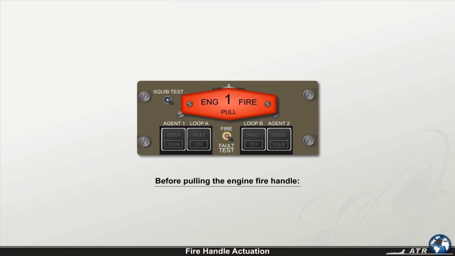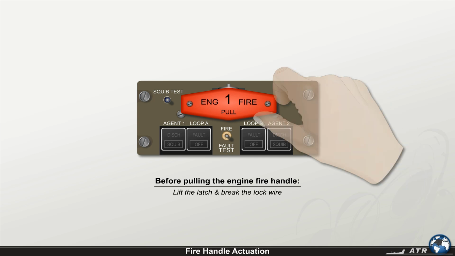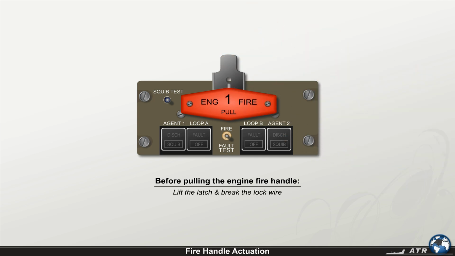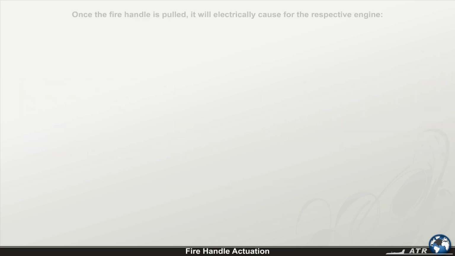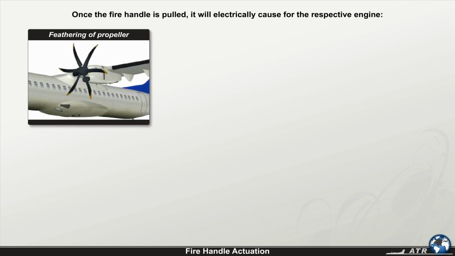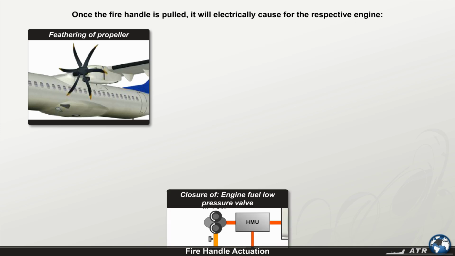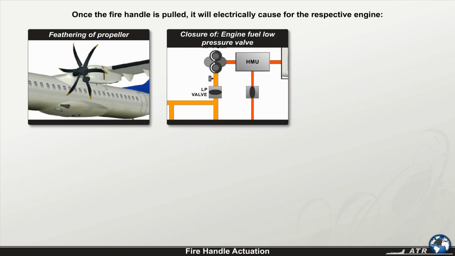Before pulling the engine fire handle, it is necessary to lift the latch and break the lock wire. Once the fire handle is pulled, it will electrically cause, for the respective engine, the feathering of the propeller, the closure of the engine fuel low pressure valve,